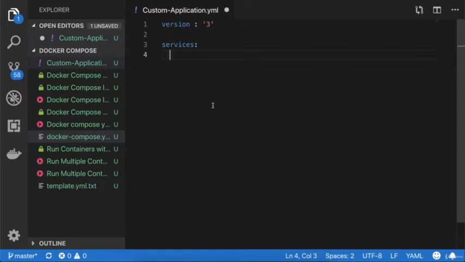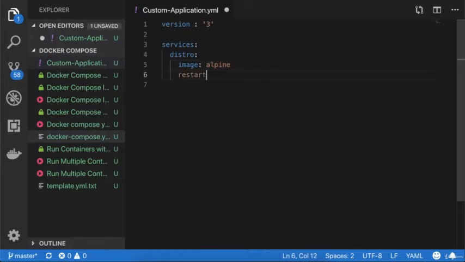So suppose as a first service I need to define some Linux distro. So I will call it distro, right? Then I need to define image and I will define the image Alpine, right? So Alpine is the shortest image of Linux. And if I'm not defining anything after the image, then it will download the latest image of Alpine, right?